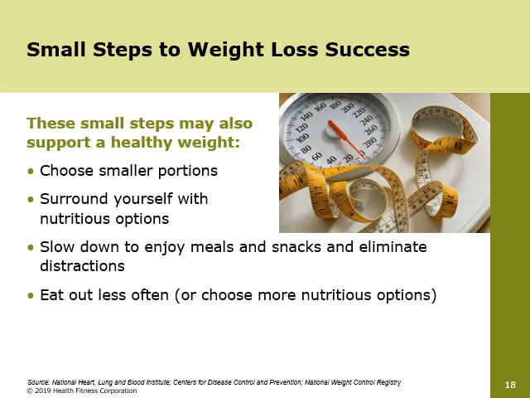So a few small steps we can take to achieve that healthy body weight are choosing smaller portions and keeping our healthy options nearby, just like we said in our last eating better slide. Keeping healthy eating easy and convenient is a really easy way to eat better and to really keep track of that. The next one we have here is slowing down to enjoy our meals and our snacks and eliminating distractions.